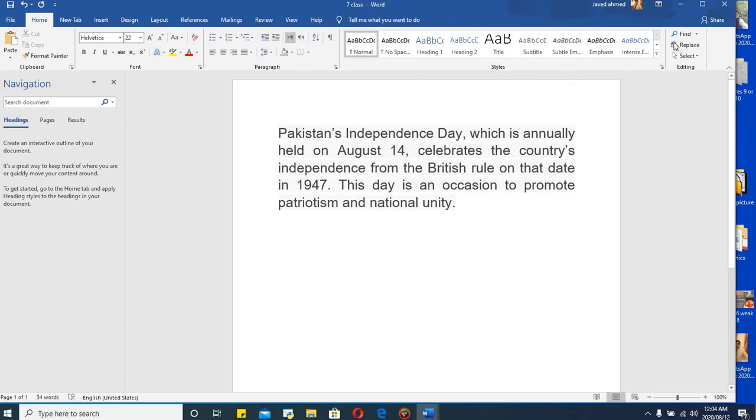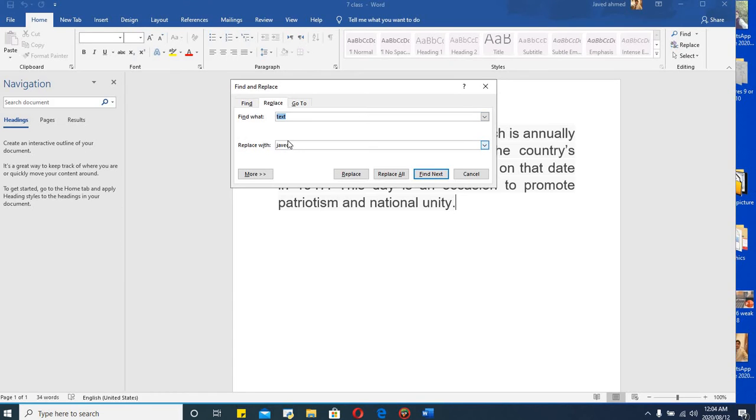Choose and write any word. Let's write the last word in the paragraph, unity. So replace this with the word class.